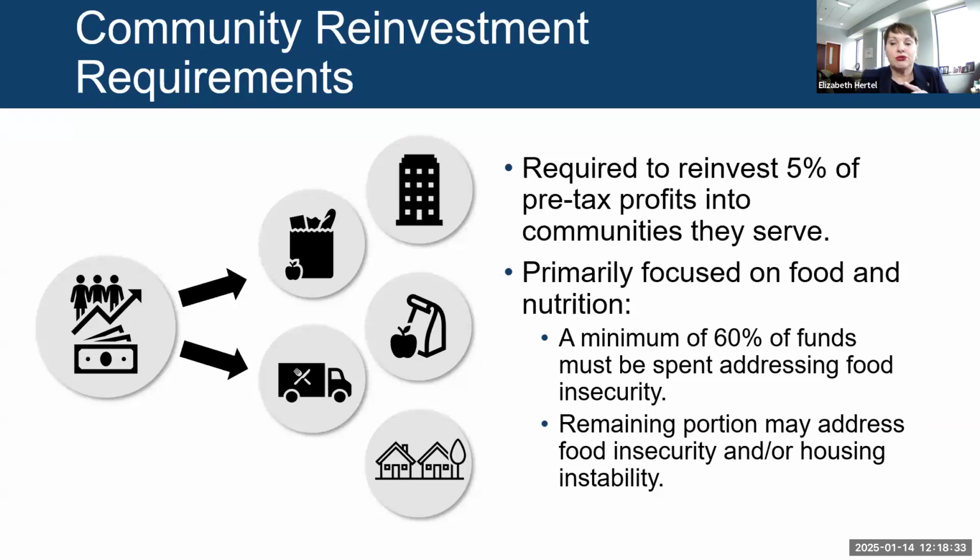Addressing barriers related to food and nutrition is a critical need in the communities across our state, and that need was clear in our survey feedback. This also aligns with our department's broader strategic priorities. We know that there is substantial evidence showing that investing in food and nutrition significantly improves health outcomes and reduces unnecessary healthcare costs. The remaining portion of community reinvestment dollars can support activities that address not only food insecurity, but